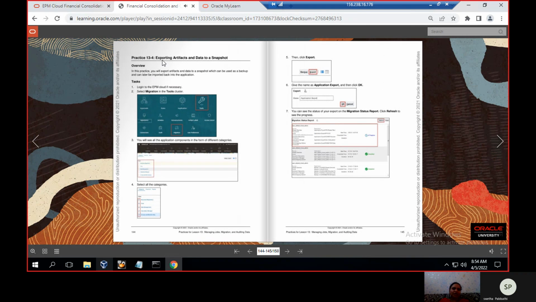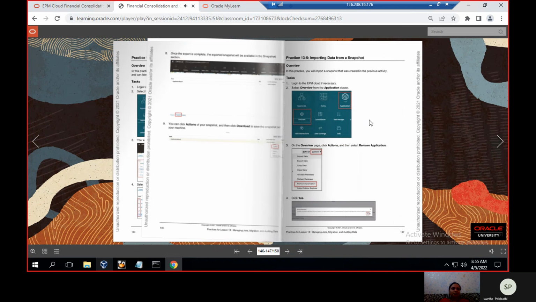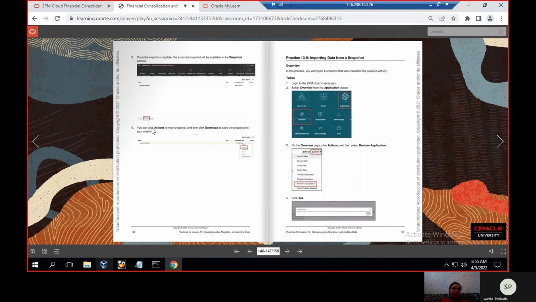So 13-4, exporting the artifacts and data snapshots. Click on the migrate and tools cluster. You will see all the application components, form details, categories. Save all the categories. Click export and save the application in the local system and see the migration status. And then click on the snapshots, click on the actions drop down, click on the snapshot missions, and then importing